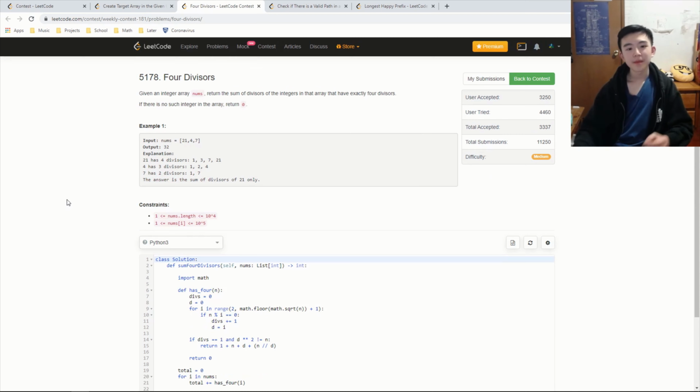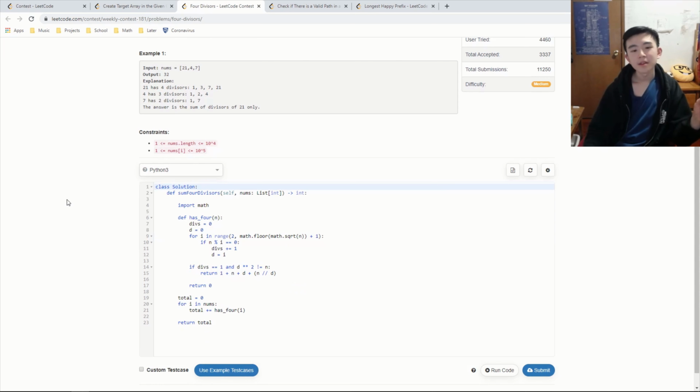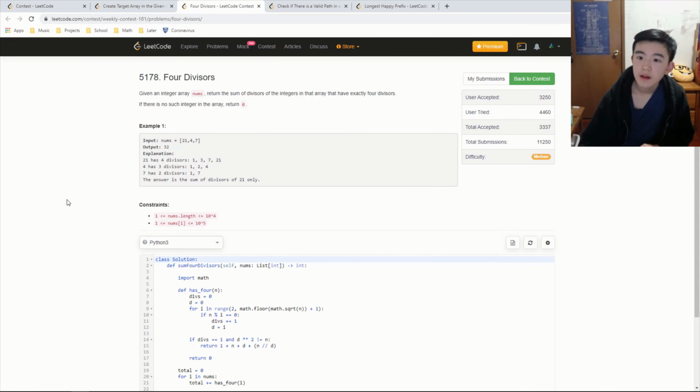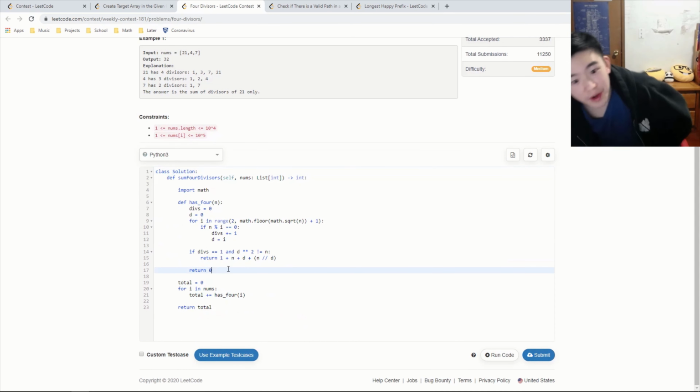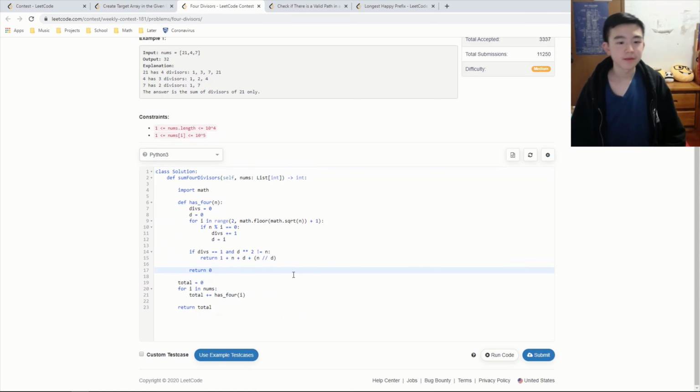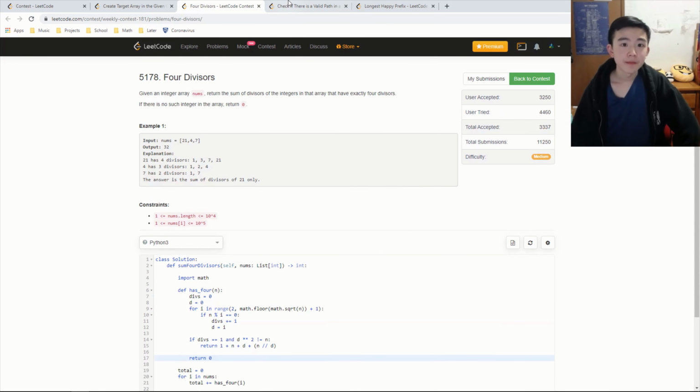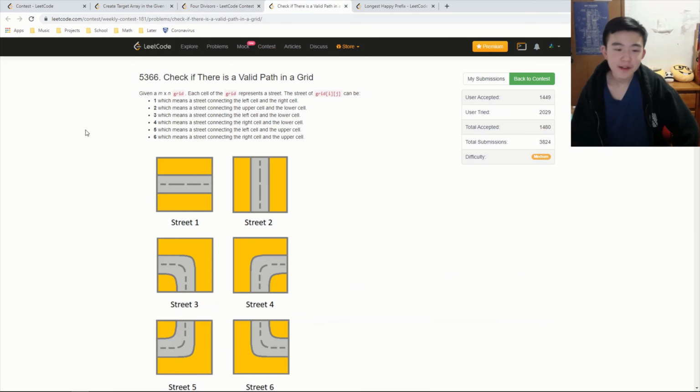Okay, basically, we take an integer, we look at all the numbers up to its square root, there has to be exactly 1, and then if there's exactly 1, we sum it up with the other factor, and then we sum 1 plus n. And otherwise we just return 0 if it has a different number than 4 divisors. Wow, that's a lot of submissions. Okay, yeah. So we just go through all the numbers and sum them up, because we've written our function to return 0 if it doesn't have 4 divisors. So yeah. Number 3, this is very infuriating.